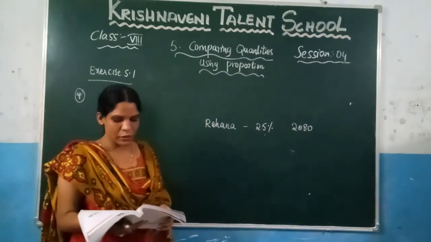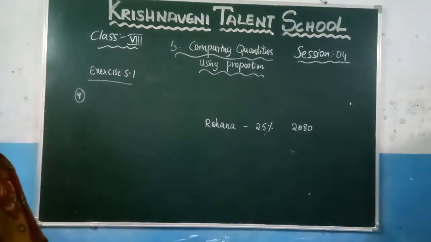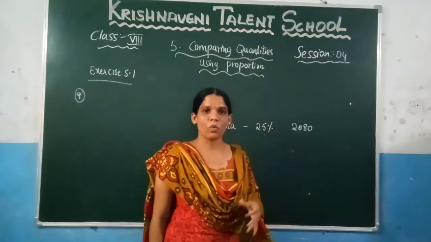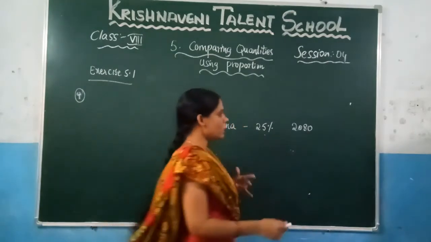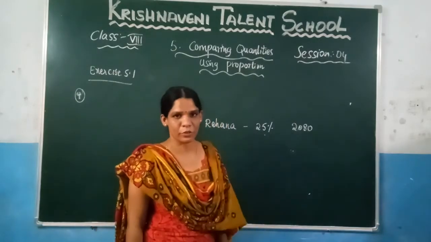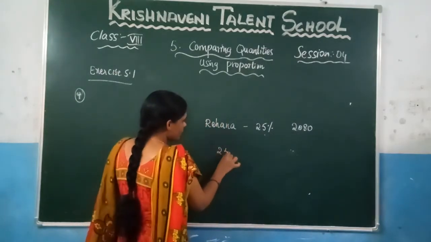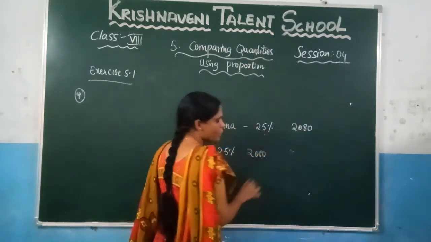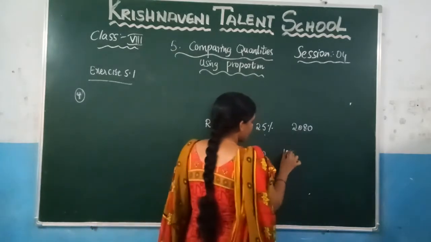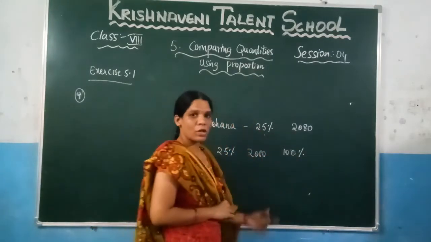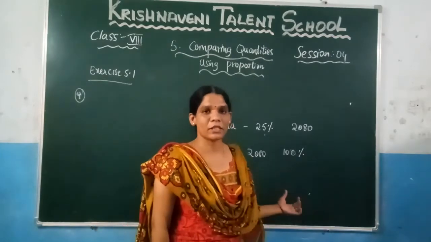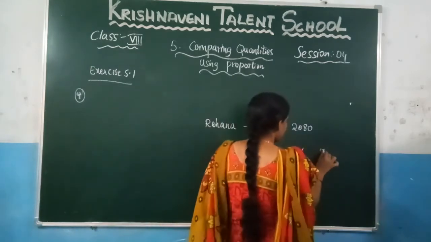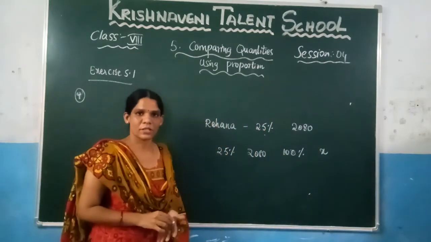How do you calculate the total profit in that month? Here clearly you can observe that 25% is given. Here the question is given in the form of a percentage. What is the meaning of percentage? I already told you, percentage is nothing but per 100, right? So for 25%, he is earning a profit of 2080 rupees, right? Now you need to calculate here for 100%. Why? Because in the question they asked you to find the total profit. Total is nothing but 100%. So for 100%, what is the amount he will get? This is the question they have asked.